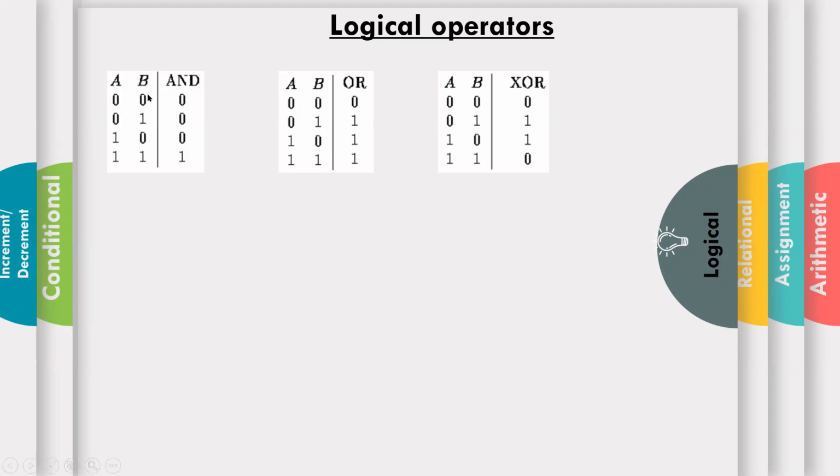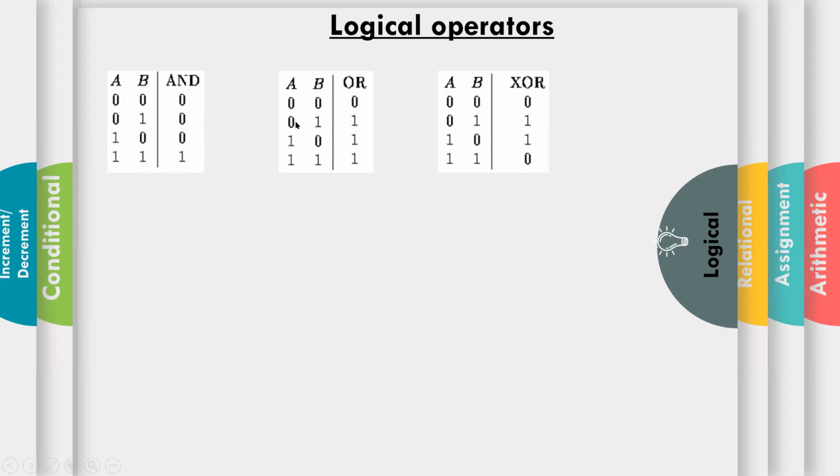So if you give A, B as 0, 0, in AND operation, it will result in 0. See, you clearly observe. So if any one of the inputs is 0, then the result is 0. To get an output of true or 1, you must have both the values as ones. That means in AND gate, if both are true, then only true. So you can consider this 1 as true and 0 as false.